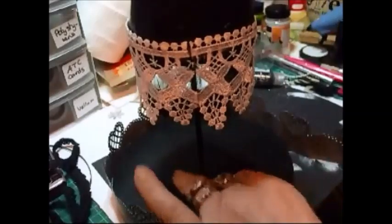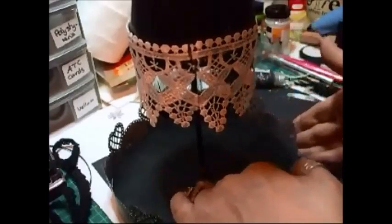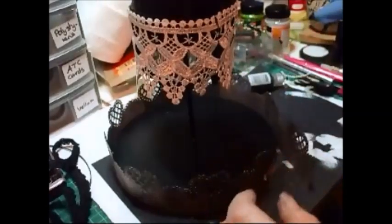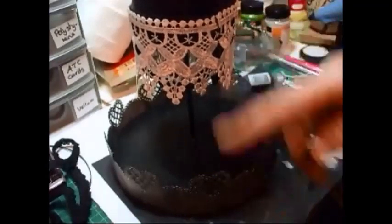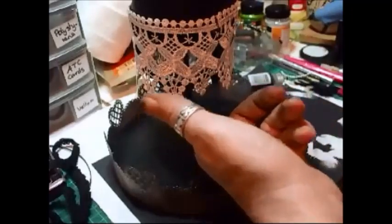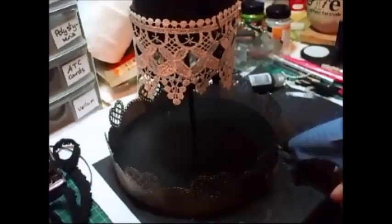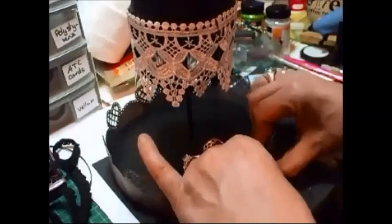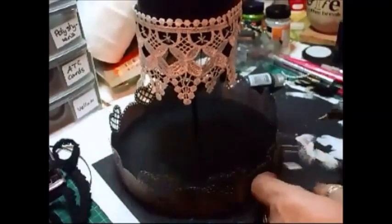It actually makes them look really, really pretty with these borders on. I'm trying to keep it in view. And what I was going to say was this was just a piece of MDF cut into a circle and a hole drilled partly down the middle, and then that was just from B&Q, these sticks, like a piece of doweling. And I've just left that long enough to overlap at the back. It doesn't matter about this because you're not going to see that bit, but just to secure that down